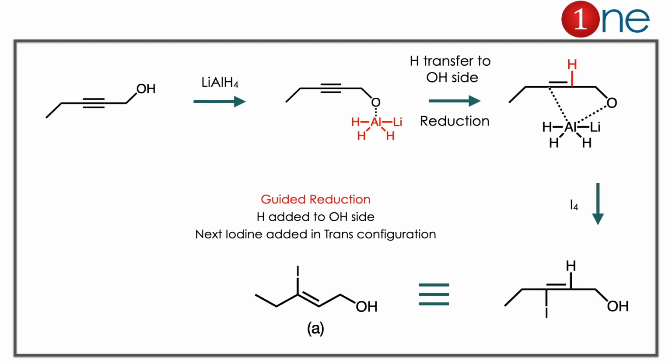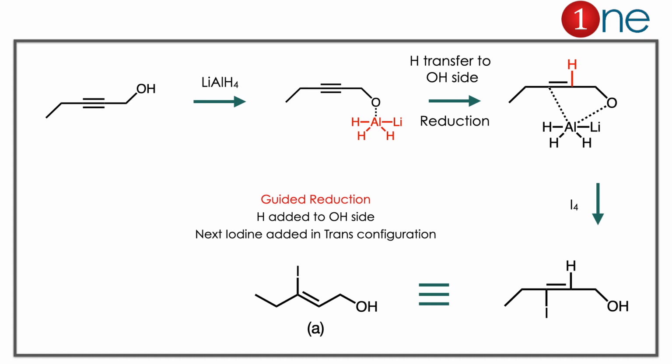Here the starting material is an alkyne with an alcohol, and you are doing reduction with lithium aluminum hydride. The interesting thing happened here. What really happened is the oxygen can coordinate with the aluminum, so it will be a guided reduction. A new 5 member ring is formed with the alkyne, and you have hydrogen transfer there. Next step, iodine attacks in the trans position because of the aluminum and its leaving ability. So it's trans assistance there.